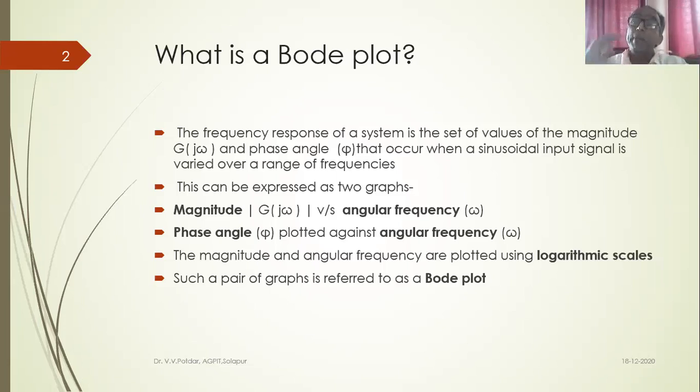On this semi-log paper, why do I call it a semi-log paper? Semi, half. So one axis, the x-axis, has a logarithmic scale. The gradations on the semi-log paper are on the logarithmic scale on the x-axis, whereas on the y-axis, I'll show you a piece of paper, I have regular decimal scale. On the y-axis I plot magnitude, and in the second graph, on the y-axis, I plot phase angle in degrees. Both these plots together, this pair of graphs, is referred to as a Bode plot.